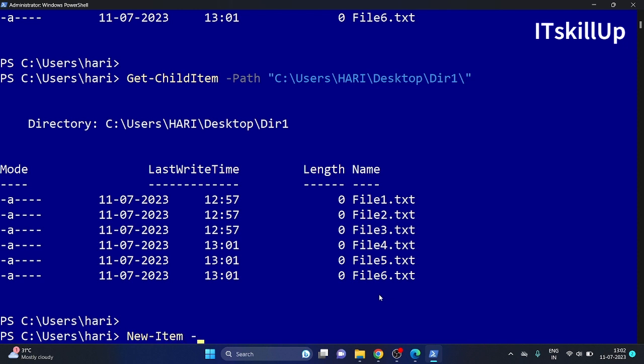New-Item -ItemType Directory -Path, within directory 1 you want to create test1 as a directory,